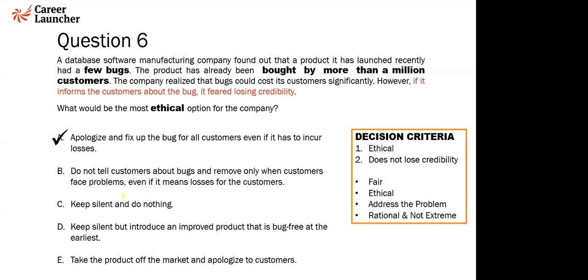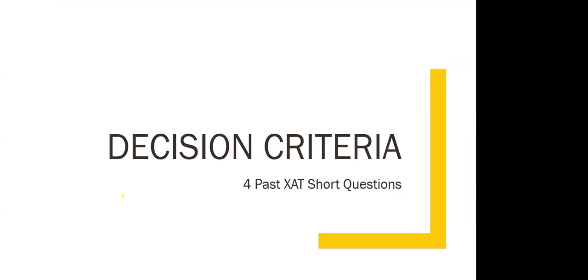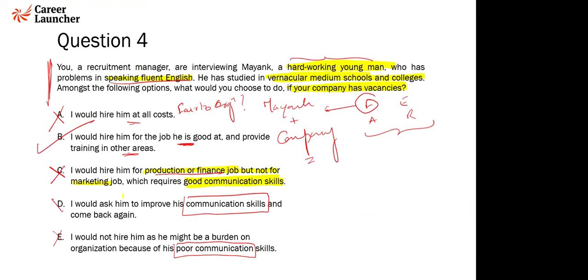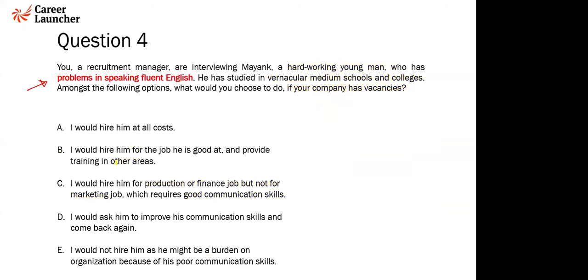Secondly, is this choice not similar to, let me go back. If you look at this question, hire the females for the kind of role they're comfortable doing and men for the kind of role they're comfortable doing. Question number 4, choice B, look at this particular question and the question that we are discussing, are they not similar? Hire him for the job he's good at, obviously provided there's a vacancy, and provide him training in other areas. And every company, every decent company tries to upskill their employees for its own benefit. Okay. So Harsh, is this clear?